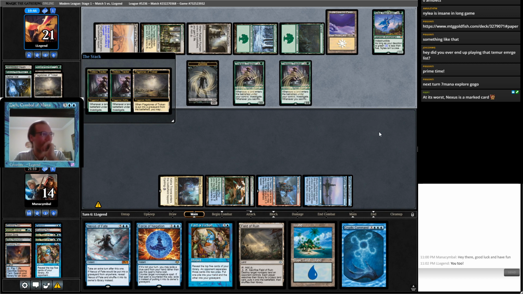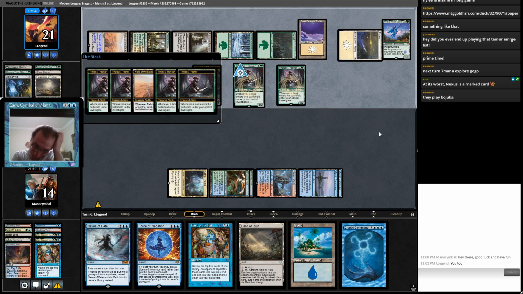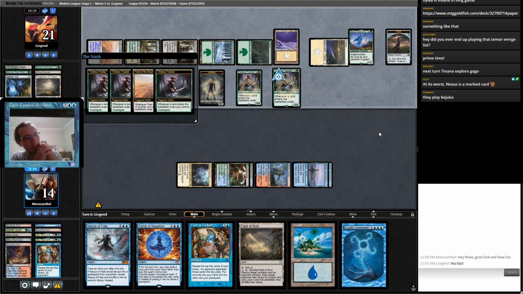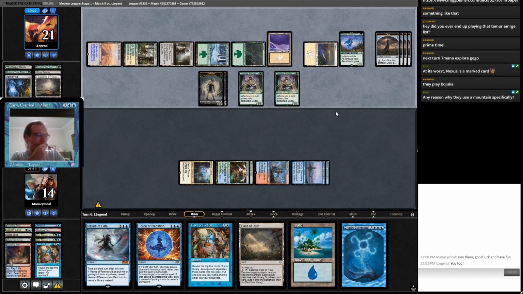Zing. No, it's a mountain, dude. It's a mountain. Always use a mountain. As a head judge of a standard tournament, let me tell you, we always use a mountain. So it won't be marked. They play Bajuka. Thank you for destroying my hope. They don't have any way to tutor it right now. And we will be able to counter a Titan, in theory. And a reason why they use a mountain specific...